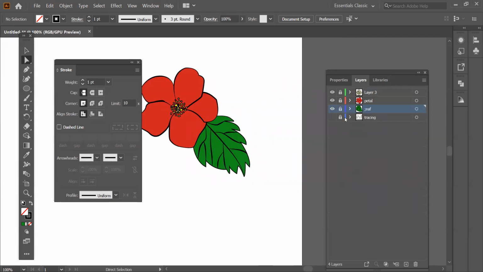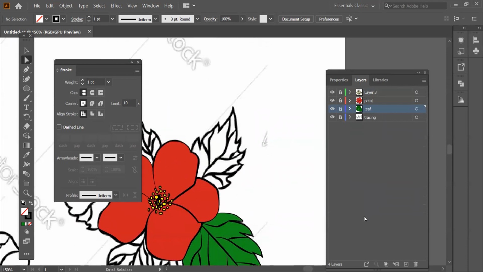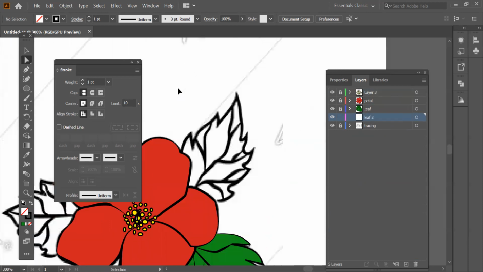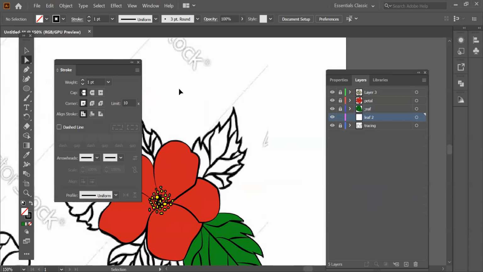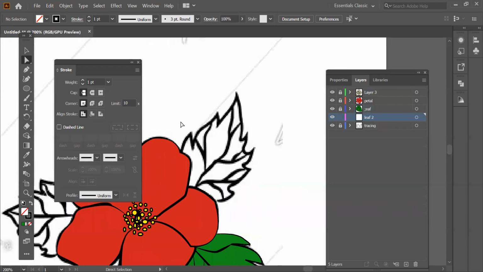I'm just gonna lock this leaf and open this tracing paper again. I'm making each leaf into a different one. If you want, you can just make it into the same one. But I like to keep it simple. So I'm just gonna make it and see this leaf needs to go below the petal, but I'm taking it below the leaf as well. So I'm just gonna name it leaf 2. But see, traditionally what we do, we keep all the leaf into one so that we can apply the same stroke. Like let's do for the last 4 leaves like that.